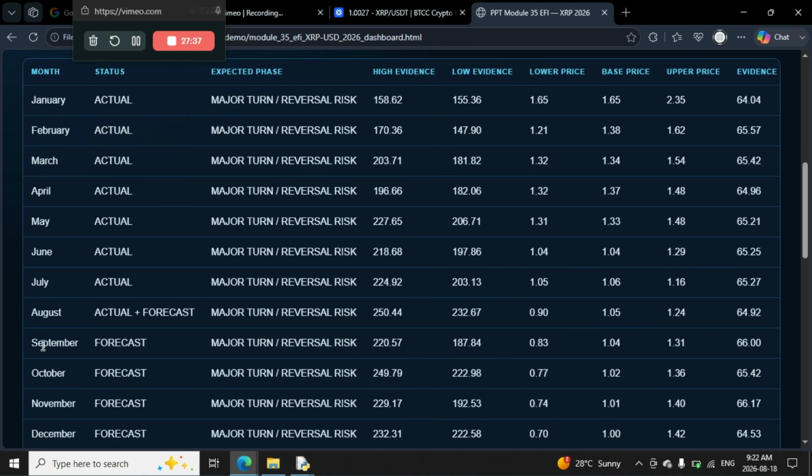Looking forward to September, it looks like we dip down and get to 83 cents, then October 77, November it's calling 74, and a possibility for 70 in December, with a possible top of $1.42 and a median price of $1. These prices are not going to be seen again after December until around this April-May period, when we saw prices around that $1.40 level.